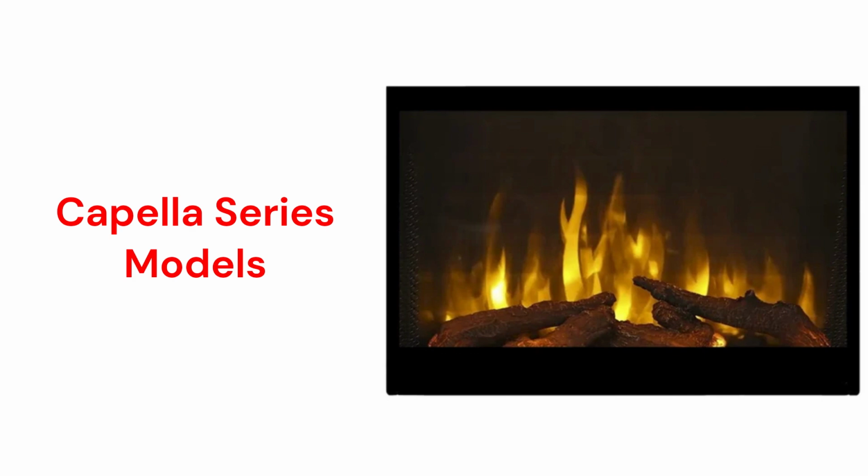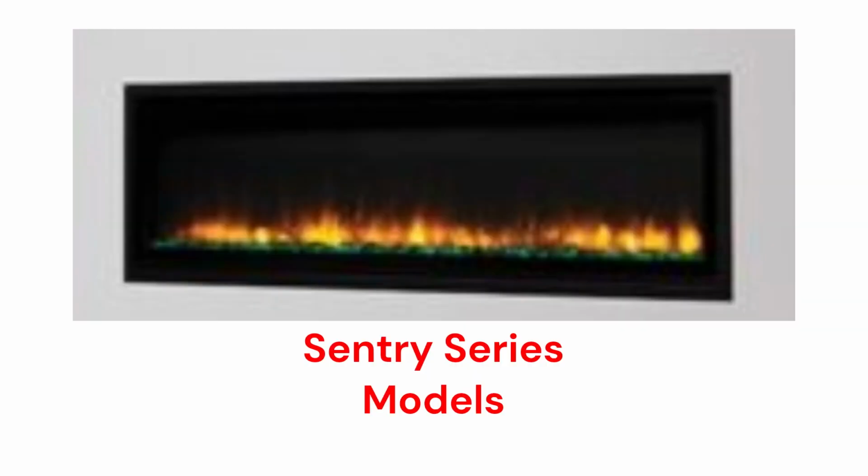They are recessed into a wall and are available in either 33 or 36-inch sizes featuring ember bed and ceiling lights. The Sentry models offer modern recessed wall-mounted linear fireplaces in 45 or 55-inch sizes featuring ember bed lighting but